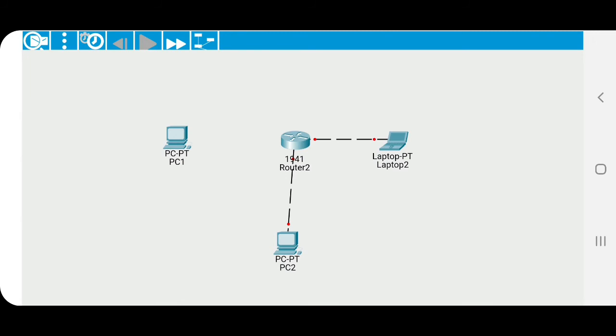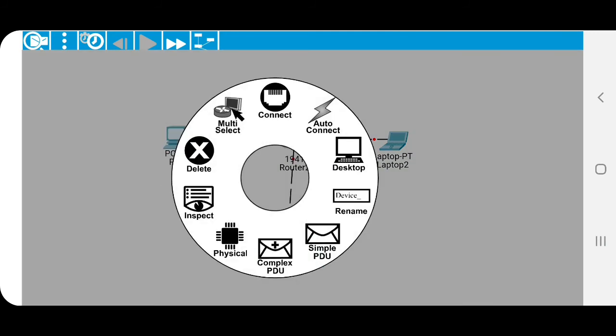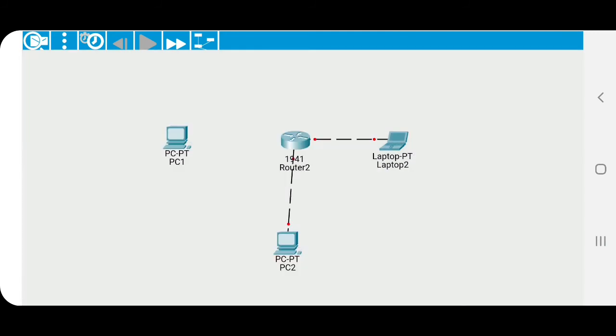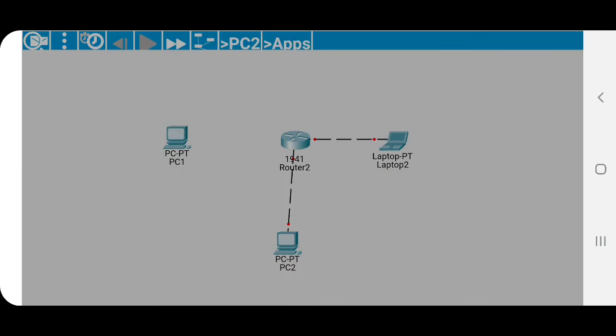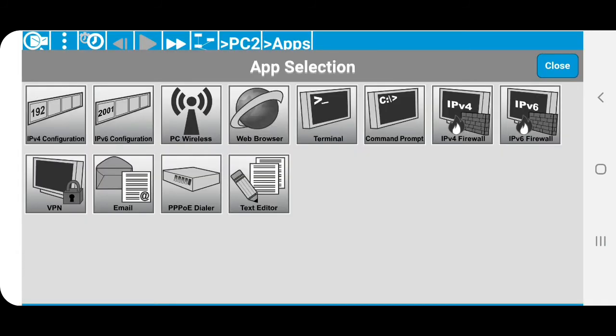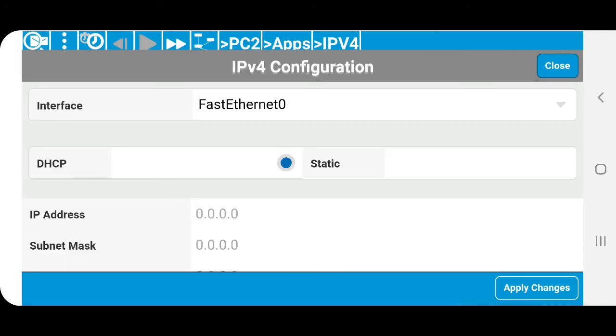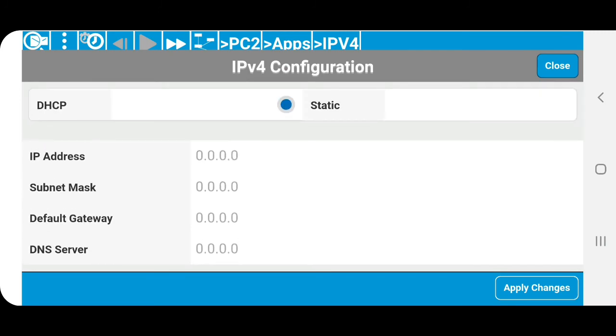Next, let me show how to configure the IP for the PC. Just double click on the PC, then choose IPv4 configuration. So you can insert your IP address, subnet mask and default gateway over here.